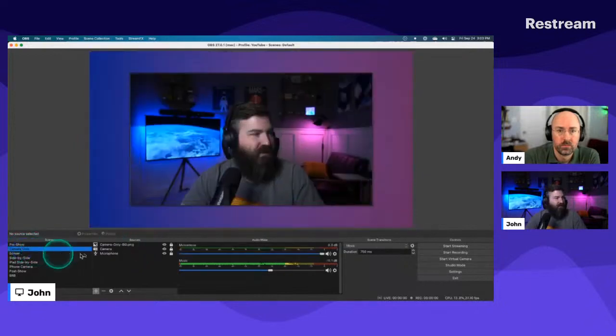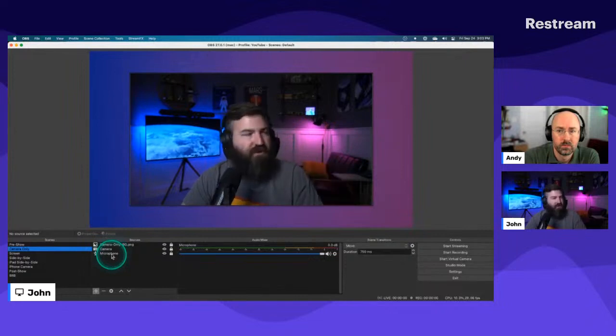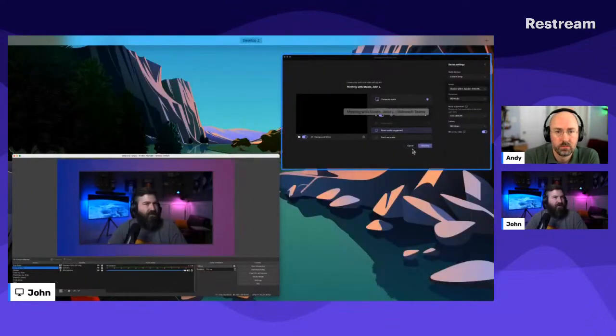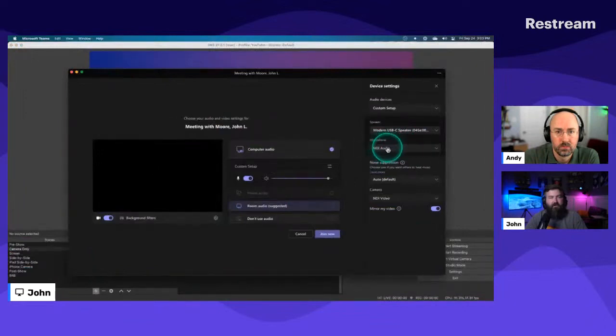Whenever I've got my microphone set up here and I add some filters to it to add a compressor, that'll be applied in Teams because I'm using the NDI audio as well as the video. So if you're looking for a way to get your audio out of OBS, add the NDI plugin to OBS and you'll be golden. You'll be able to do audio and video that way.